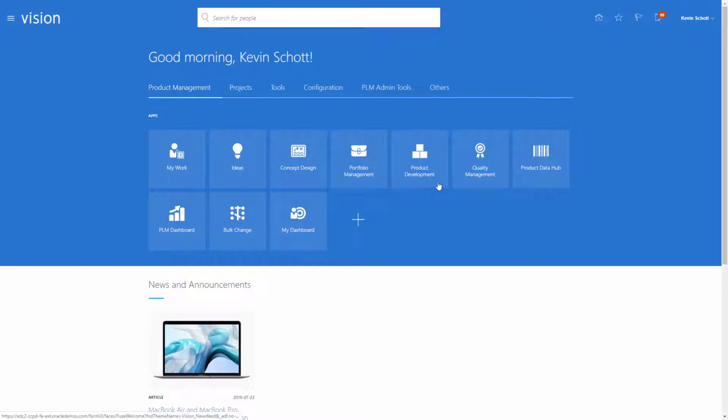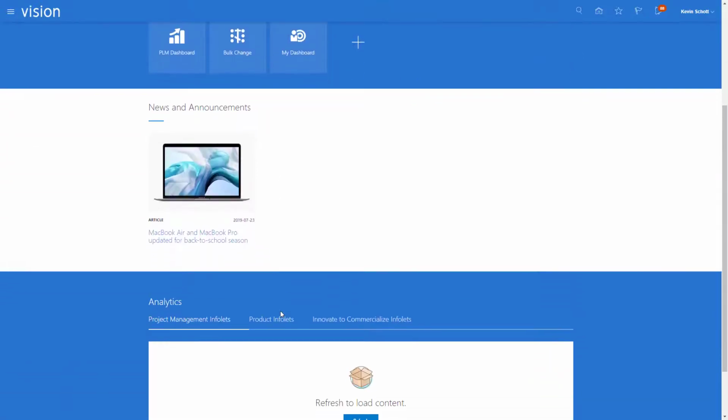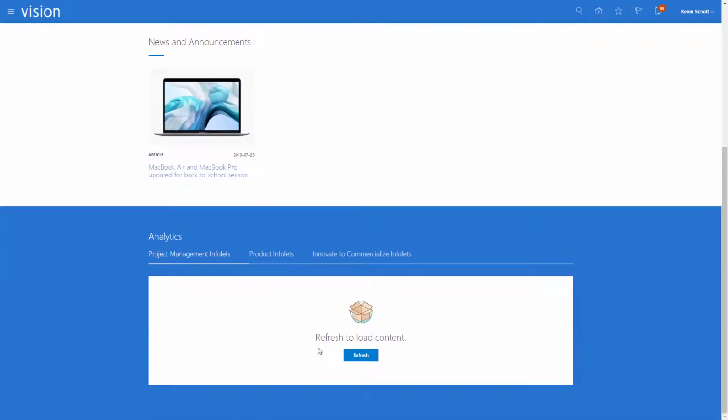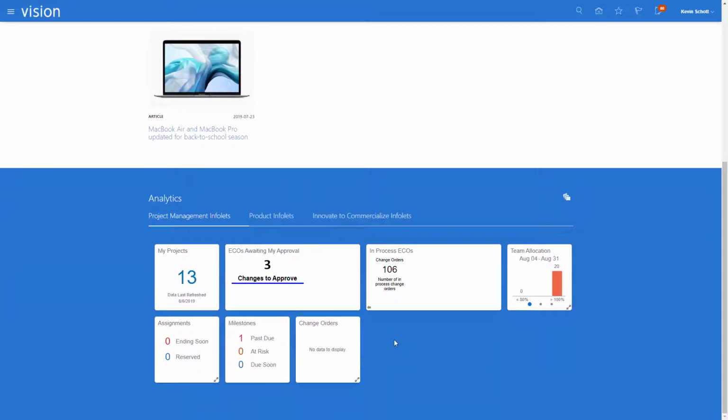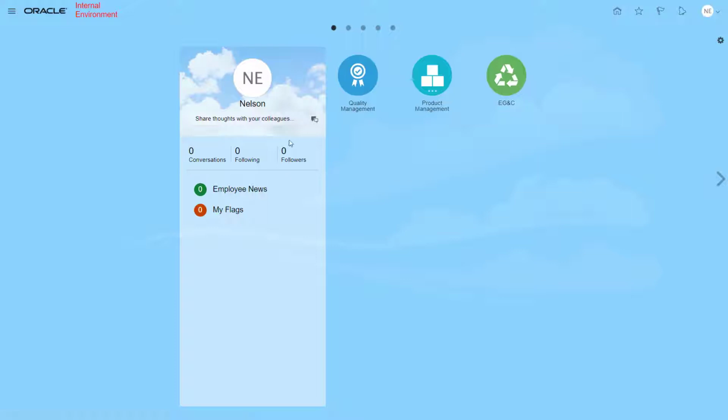You can see here I've got various icons, then I can jump into different applications. The system is very configurable, so this is just one way to view things. I can actually include real-time links into data. Just going to refresh the screen here, bring up my analytics, and from right here I can see I've got 13 projects, I've got change orders going on, I've got 106 change orders in process, and these are all